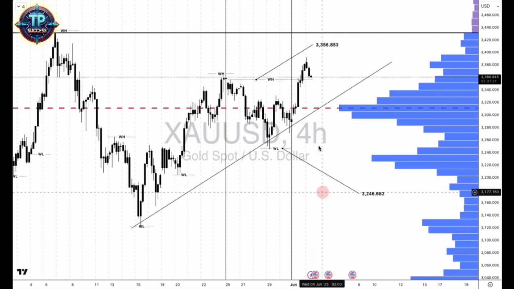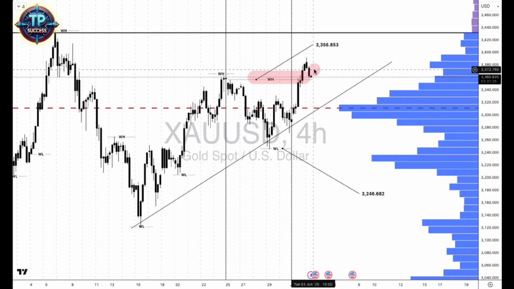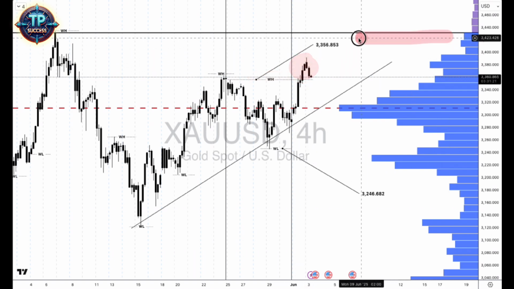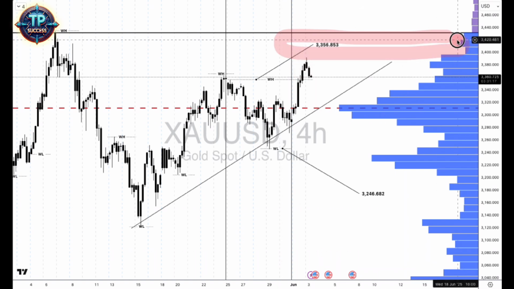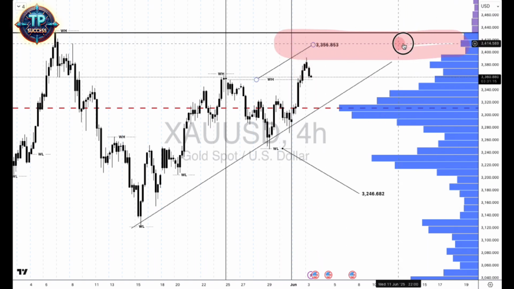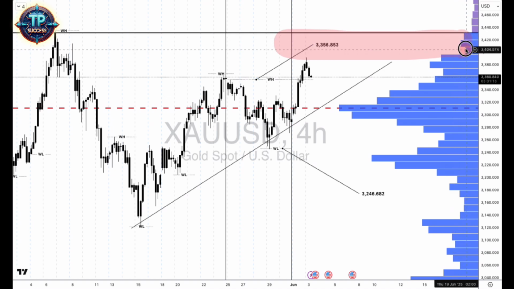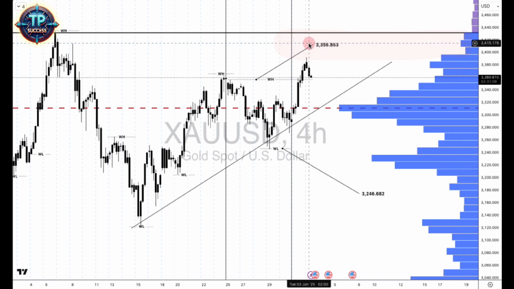As it stands right now, this is the side that has been taken out, so we should be looking for buys right now. But this area over here is what is causing me to pause. This area is what is causing me to pause. The low value node in this area and price being on the high side of the high value area, right? So